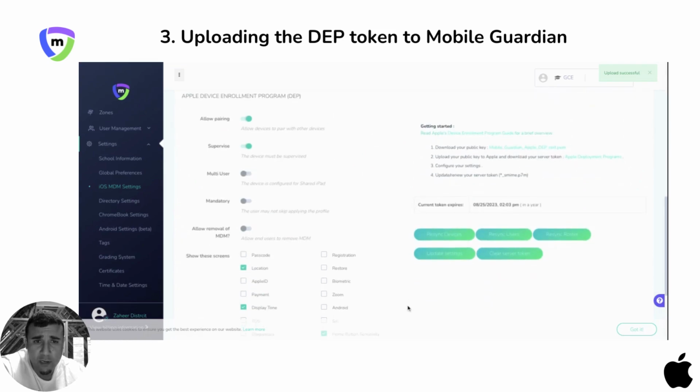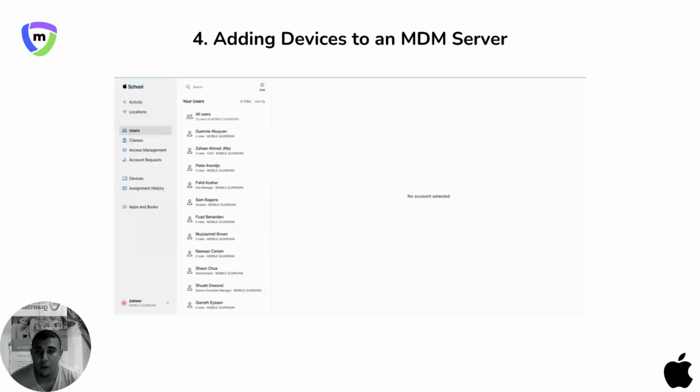And then once the token is uploaded, you will see the option for resyncing devices, resync users, resync roster, update settings, and of course, clear the server token would clear the token completely. Once you've added the DEP token to your Mobile Guardian dashboard, we will now proceed on adding devices to the MDM server. For that, we need to then log into your Apple School Manager if it logged you out, and